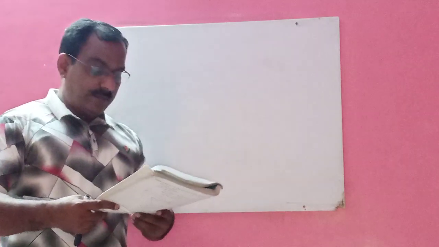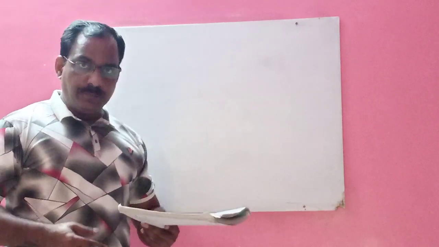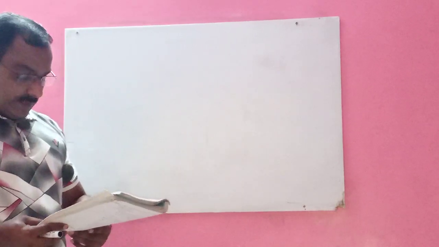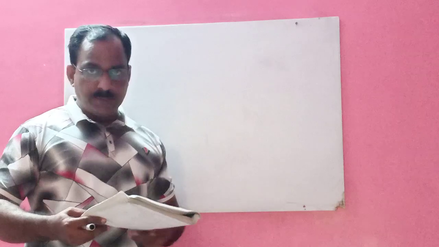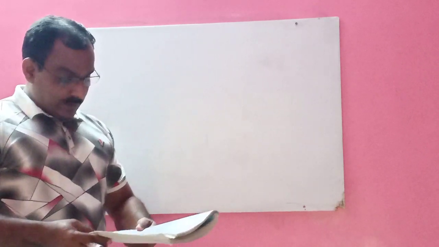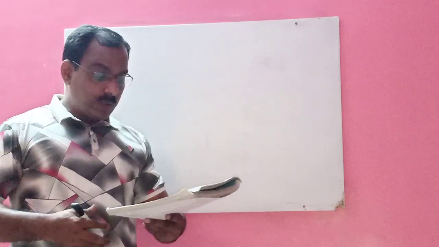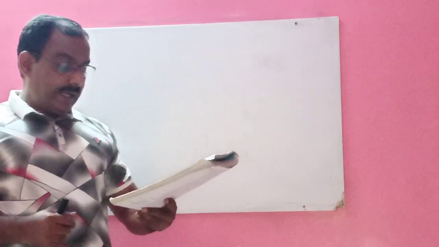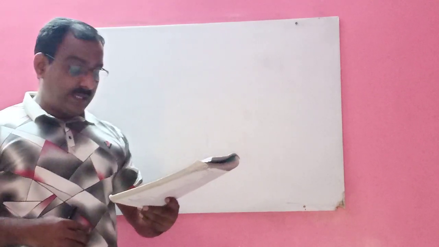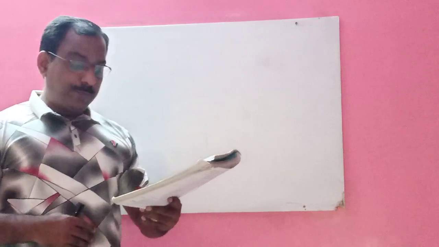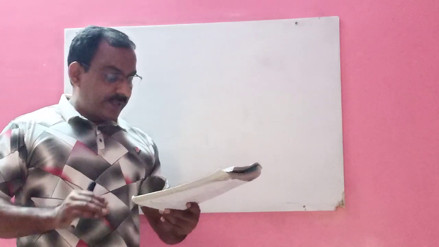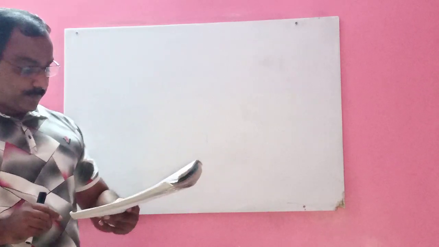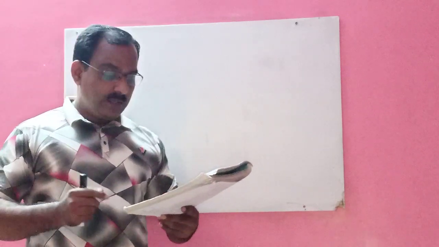Now children, question number 5. This is a very important question. I think 3 or 4 times they have asked this question in the SSC board. A storm broke a tree and the tree top rested 20 meter from the base of the tree, making an angle of 60 degree with the horizontal. Find the height of the tree.